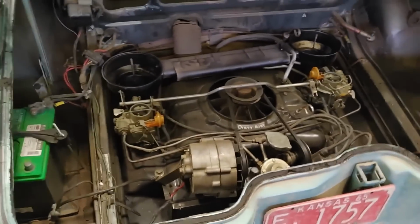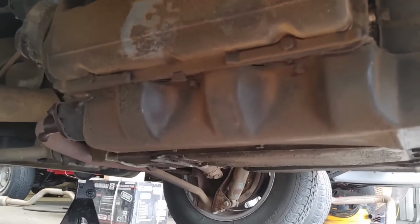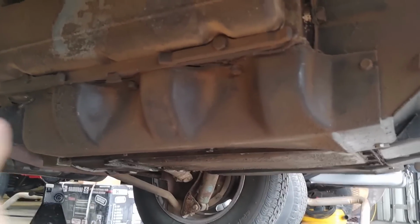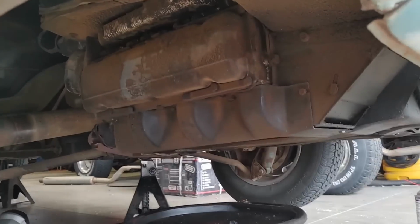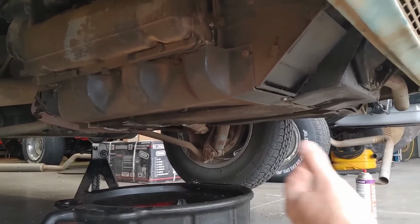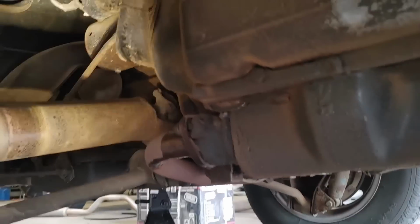Figure that one out. Now I keep going back and forth in the old brain pan about how I want to approach this. I've seen some guys take the entire drivetrain and suspension loose and set it down on its own tires, lift the body way up off the air and wheel the whole assembly out. And then of course we could just drop the engine. I was going to do the first option from the very beginning, but as I've been laying under here just contemplating,